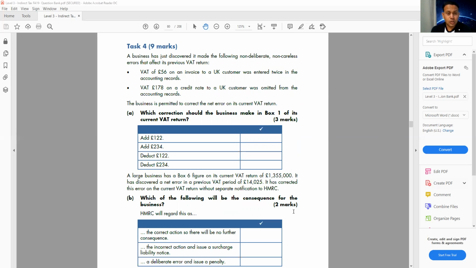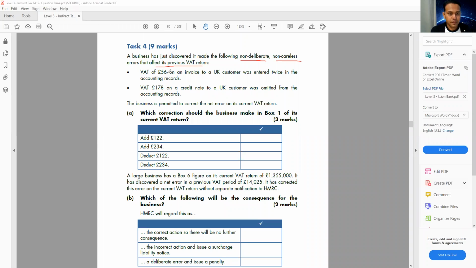So it says there is some error the business made, but that was non-deliberate, that wasn't intentional, non-careless. So obviously it wasn't because of carelessness, and that affects the previous VAT return. So you made some mistake that affects the previous VAT return. Then the question is saying